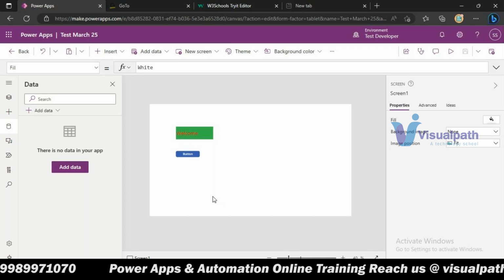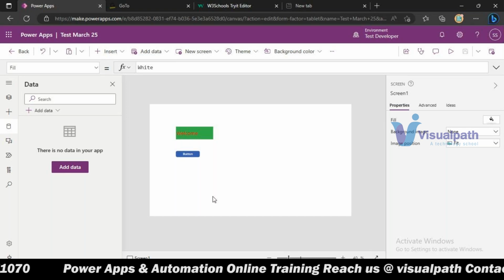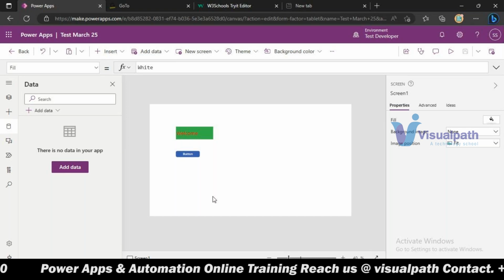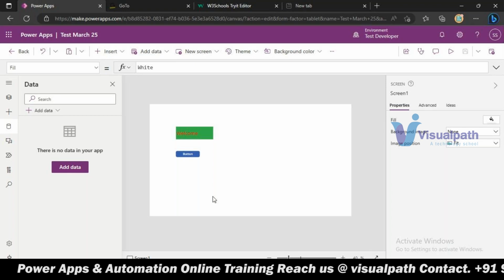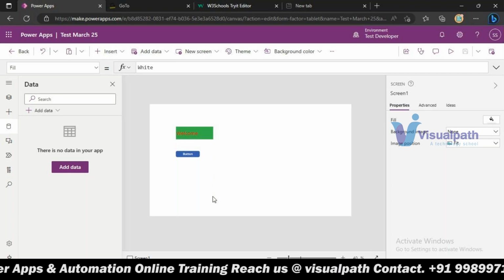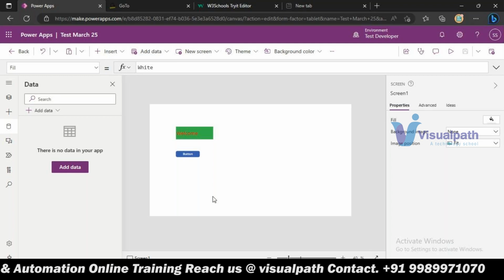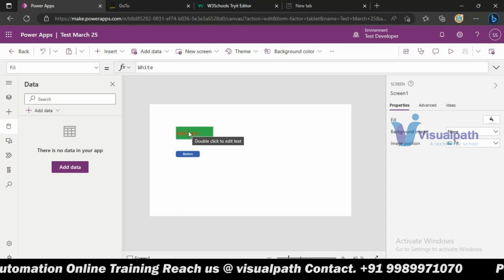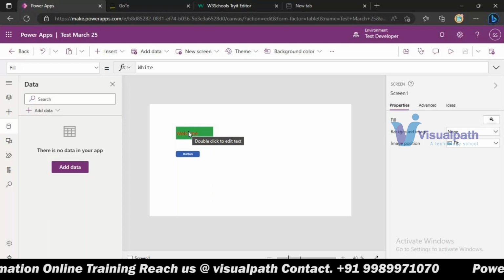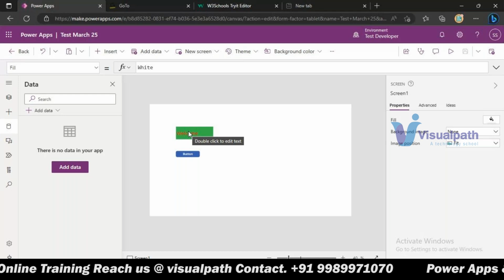Compared to .NET technology, you have heard of this term, .NET website development, the development time is very large in that. You need to do coding. You need to hire coding professionals only. That's our first challenge. Here, development time is less. You added some buttons, wrote some code, share with your users, deploy. That's it. As compared to total time, here is less time